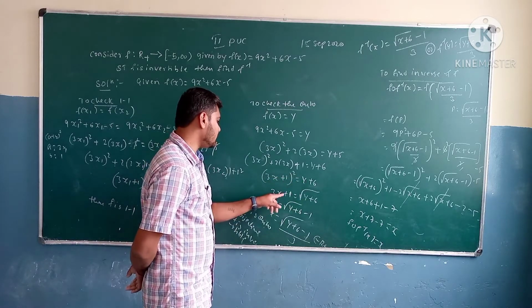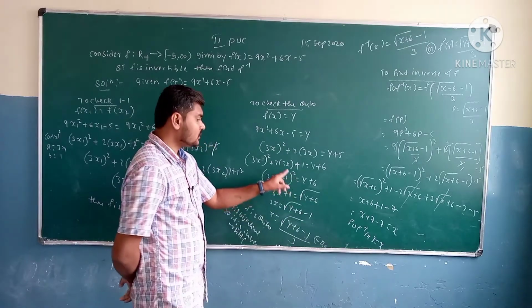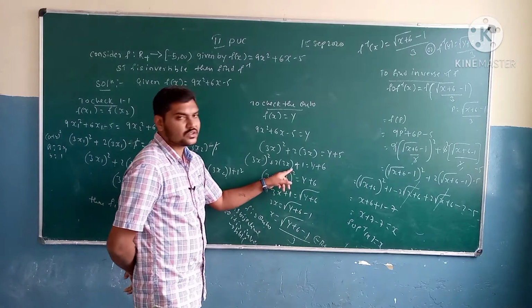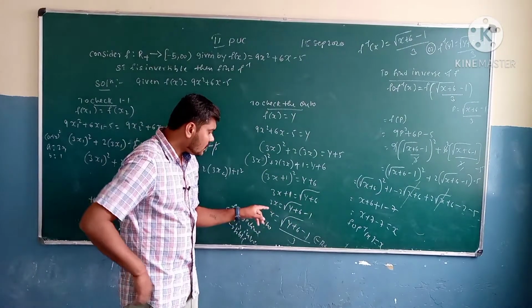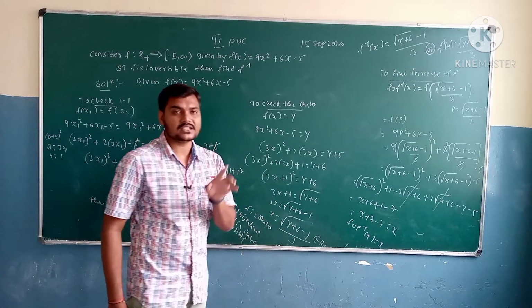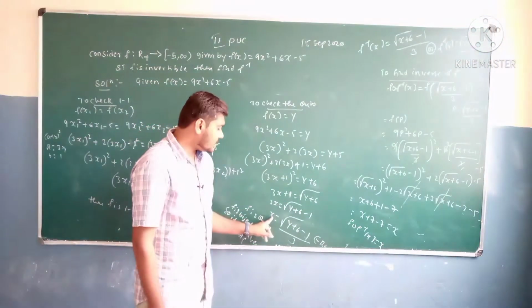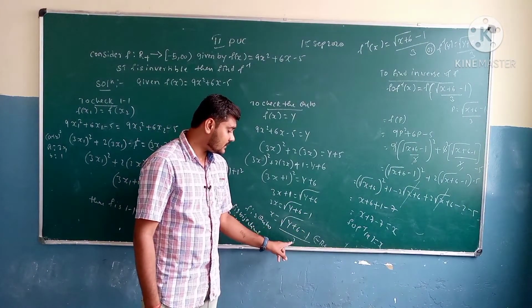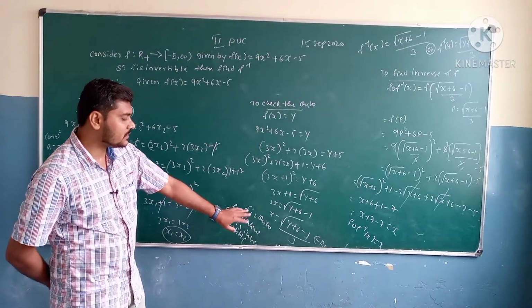So 3x plus 1 is equal to root of y plus 6, because I am taking the square root on both sides. When I take the square root, the square root and square cancel, so root of y plus 6 comes. Next, I shifted the 1 to the other side so that I get 3x, because I want the values in the form of x, or in the form of y, on the RHS. So x is equal to root of y plus 6 minus 1, divided by 3. That belongs to R plus, so that is the onto function.